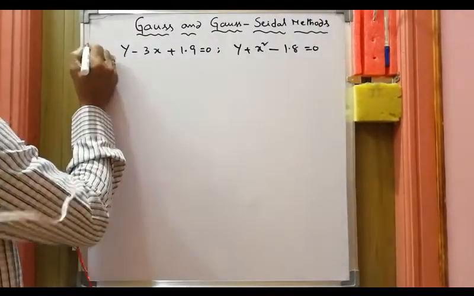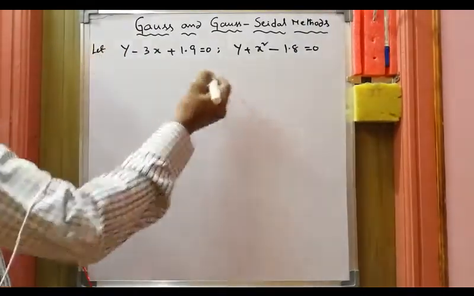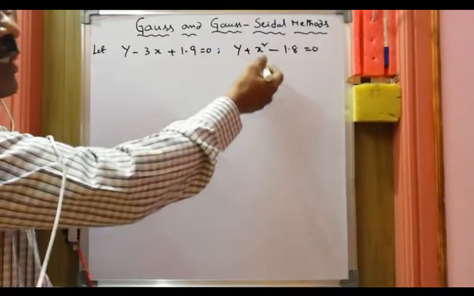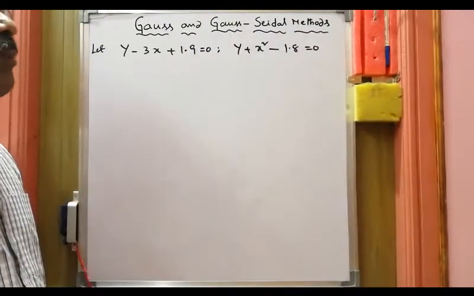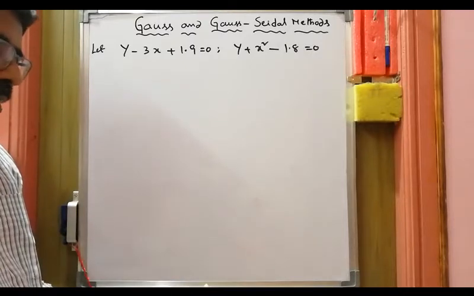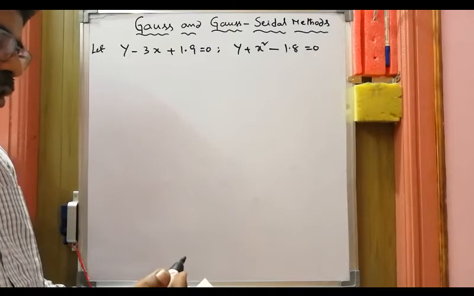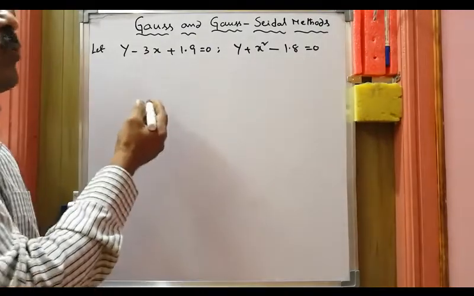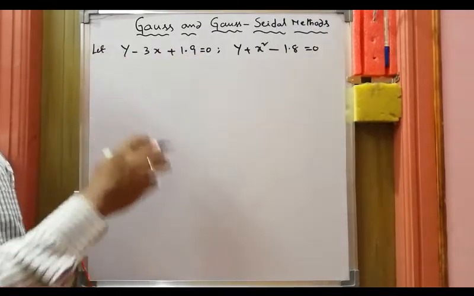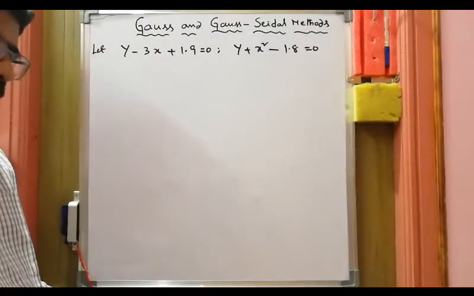So let the equations be y minus 3x plus 1.9 equal to 0, that is the first equation, and the second one is y plus x square minus 1.8 equal to 0. Then to solve these equations using Gauss method, so suppose we are asked to solve these two using Gauss method,